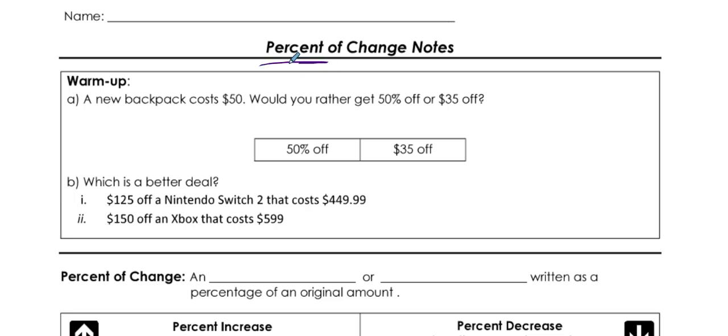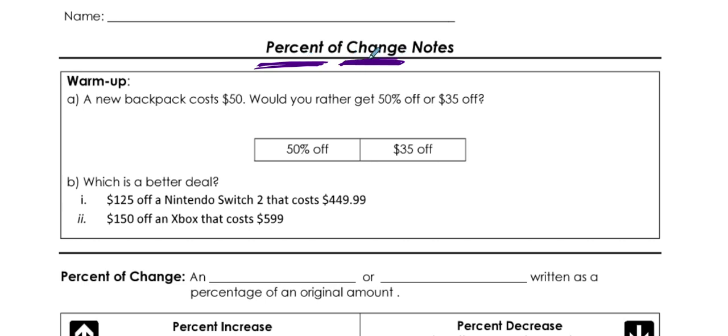Alright, here we're going to talk about percent of change. So the amount something changes by is the difference between two numbers. Percent of change is representing that amount of change as a percent compared to the original amount. So we're going to talk about this warm-up question, and it's kind of just comparing those two things that I